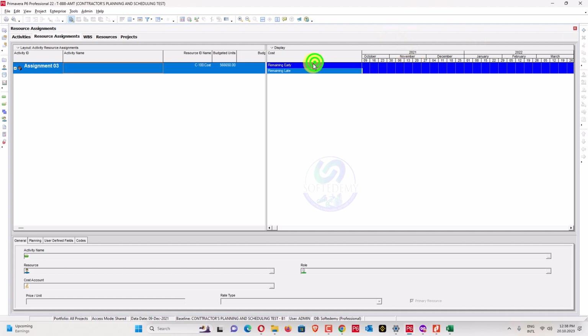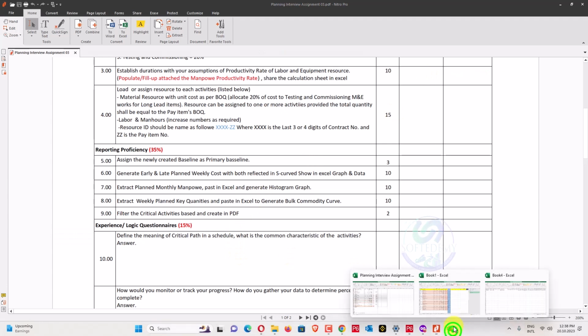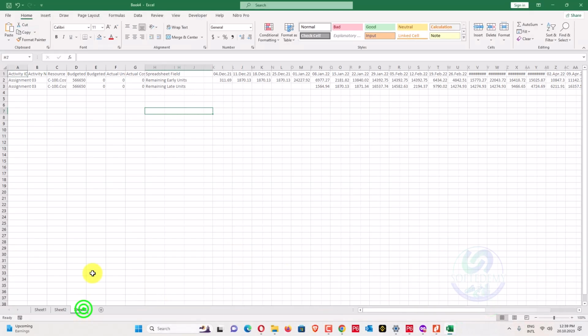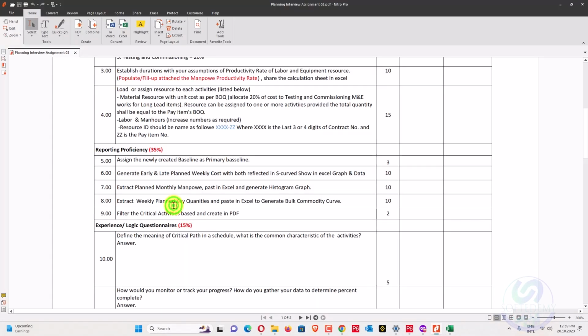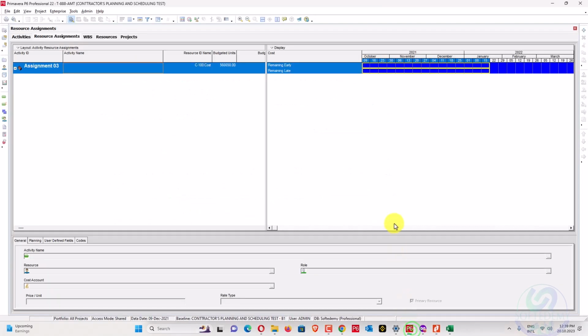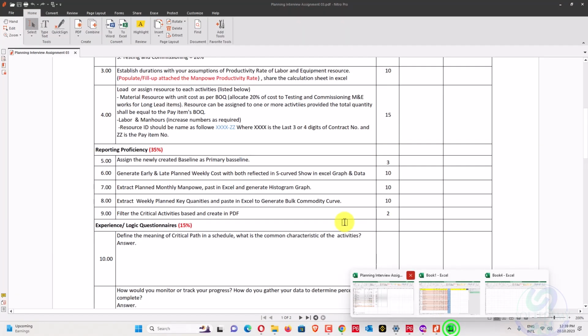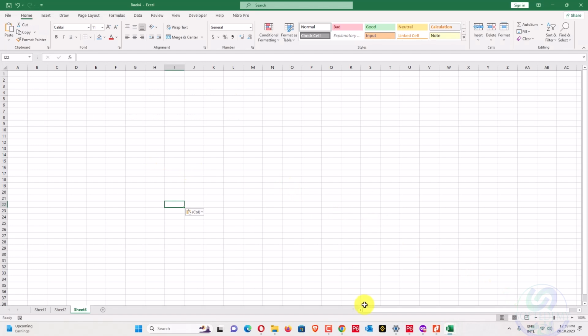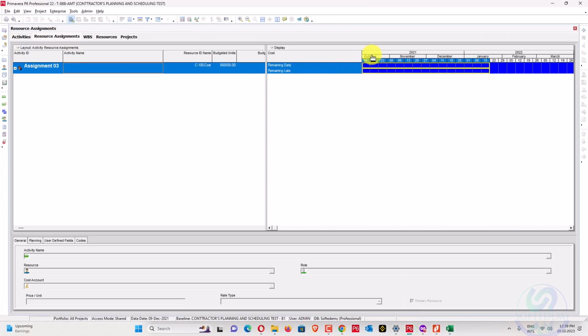So this one and this one, select, copy, and now we'll paste here in my Excel. The file is not copied because December 2021 we have to make a copy.